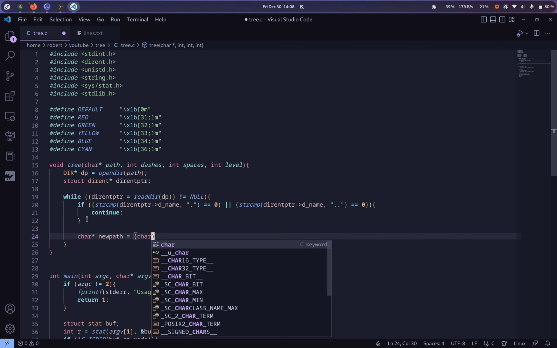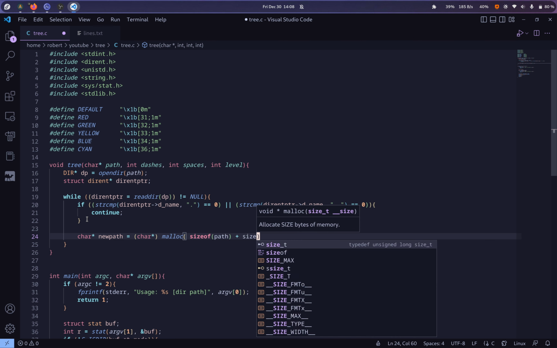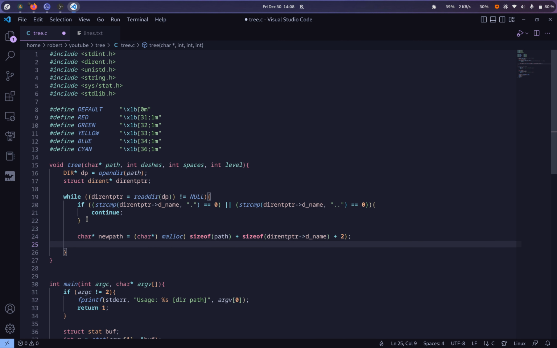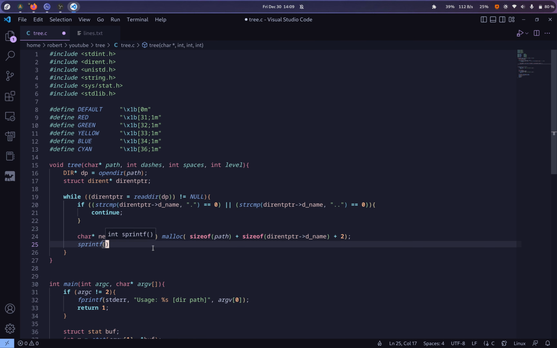We're going to cast malloc to a char star, and we're going to call it on a size of path plus size of dname plus 2. Now we have the plus 2 because we need room for the null terminator, and we need room for the slash that's going to go in the middle of the path to the directory and the name of the file. So we're going to format this into a string called new path, obviously,